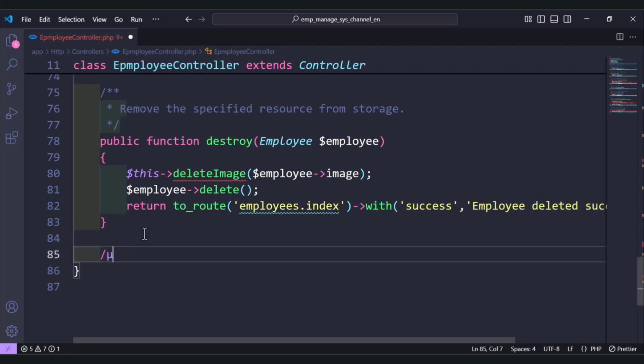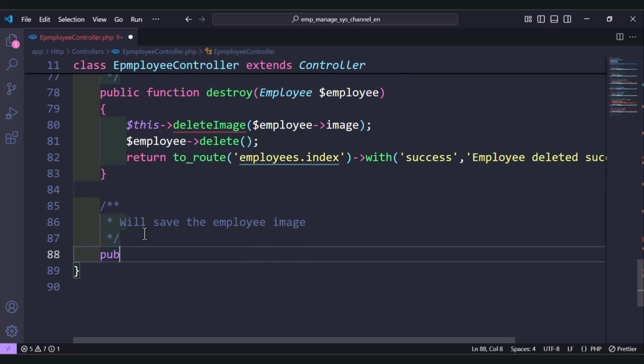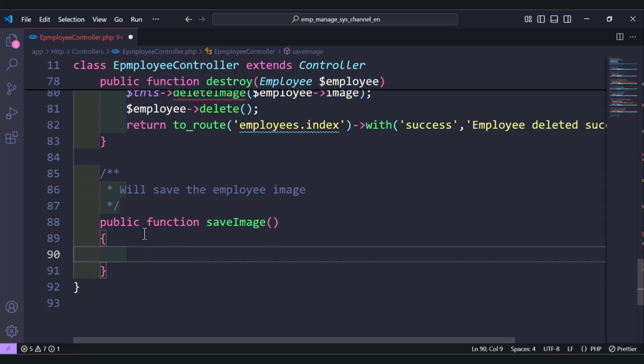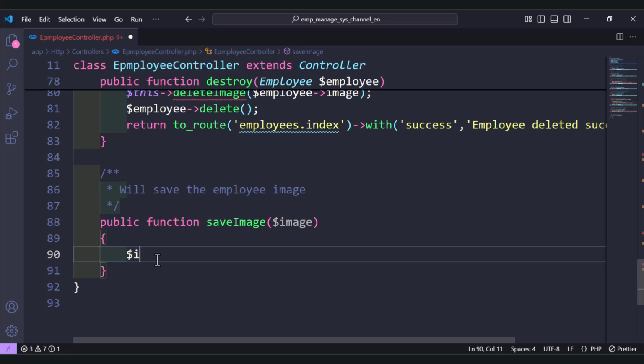So this function will save the employee image. So public function and name is saveImage. So this function will take the image that we want to save. And here what we have, so let's define variable image name. So we give a name to this image, and we can use only the time, and we concatenate it with,